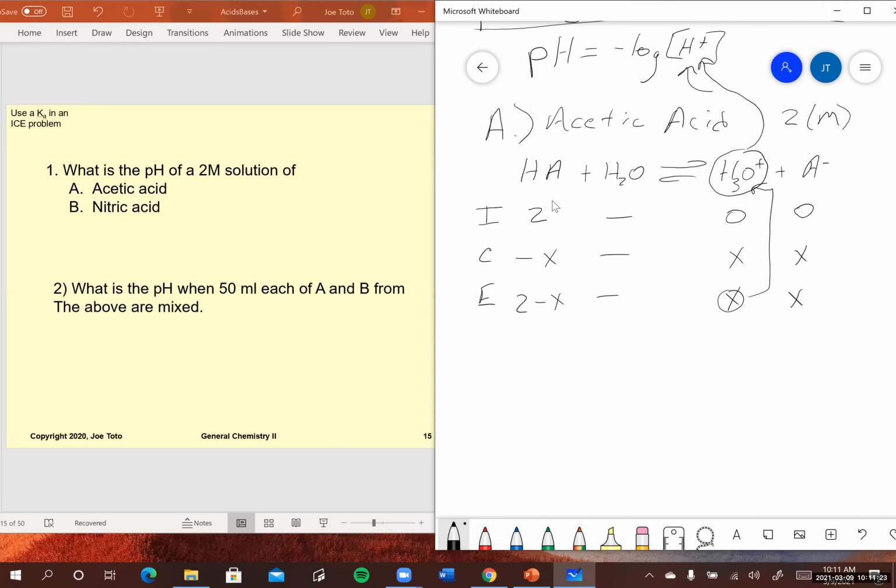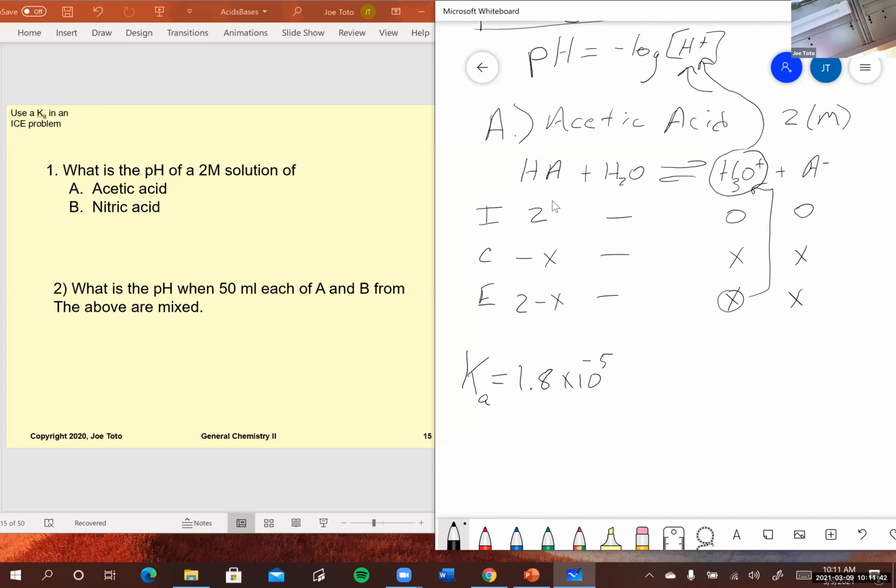Ka. All right, and where do I find Ka? It's on the table like a couple slides back. Yeah, it's in your textbook or it's online or something. And so I got to look that up, and I think it's about 1.8 times 10 to the minus fifth